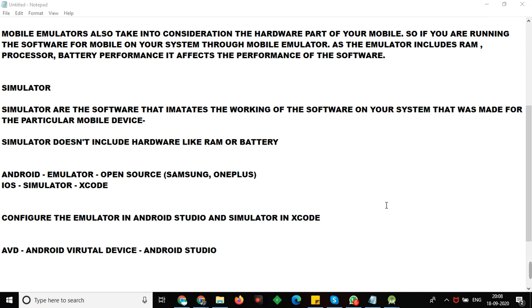So I have used another system to show you the emulator. The emulator has started here. Due to some issues, I could not launch it in Windows, so I have launched it in Mac. Are you able to see my screen?